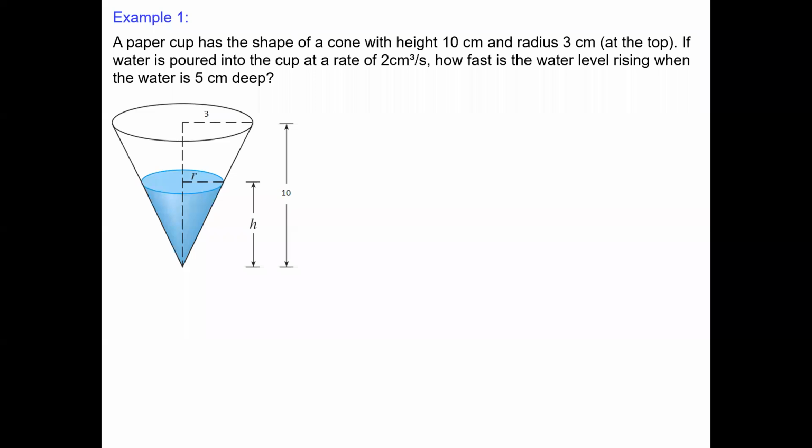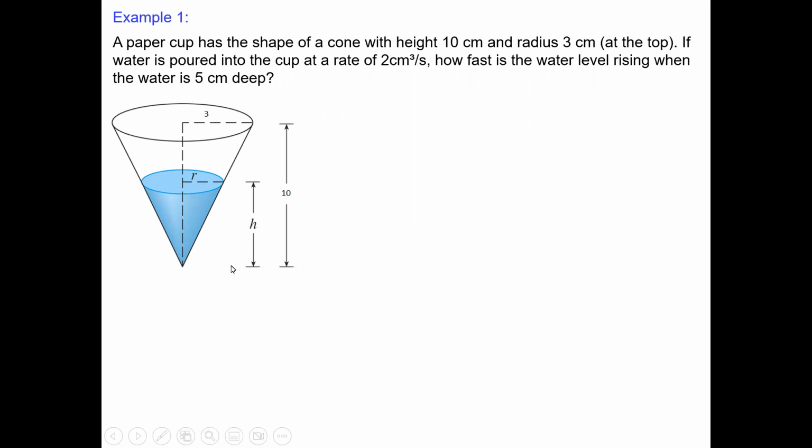We see a beautiful graph. We see the big cone, the paper cup, radius 3 on the top, the height 10. And we see the blue cone, which the water actually creates, with radius r and height h. Height, of course, is not 5. We know that it's not exactly 5. We're looking for the rate of change at the moment when it's 5, but it's constantly rising because the water